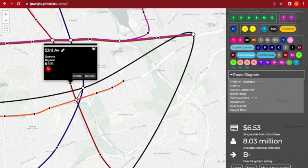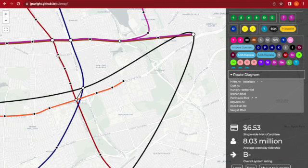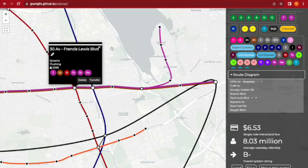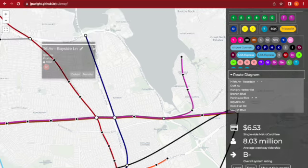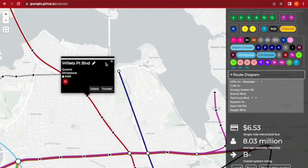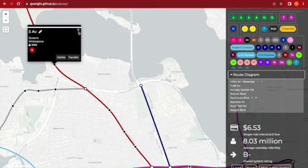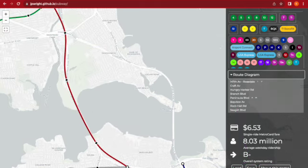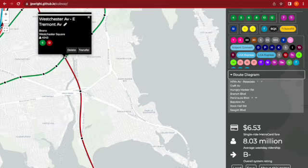53rd Avenue, 47th Avenue, Rocky Hill Road, Northern Boulevard, 30th Avenue, Francis Lewis Boulevard, 32nd Avenue, 26th Avenue, Bayview Lane, Willett Point Boulevard, Cross Island Parkway, 5th Avenue, in Queens obviously, Ferry Point Park, Bruckner, Cross Bronx Expressways, Westchester Avenue, East Tremont Avenue, change for the 6,